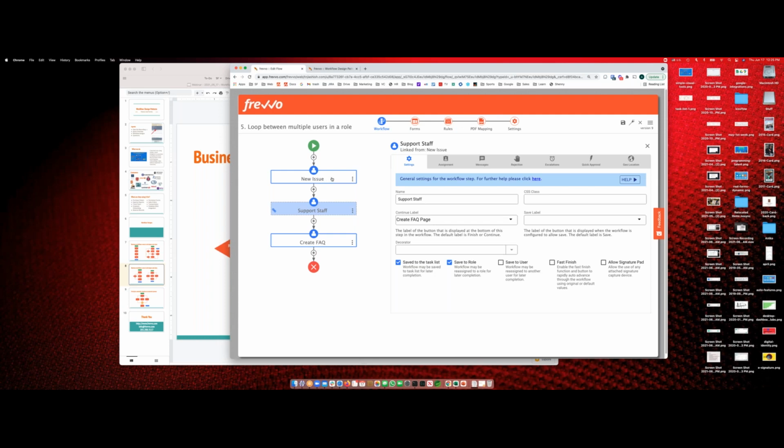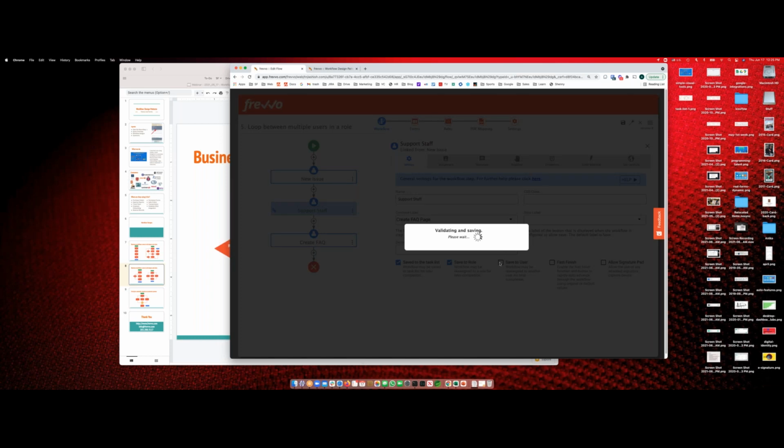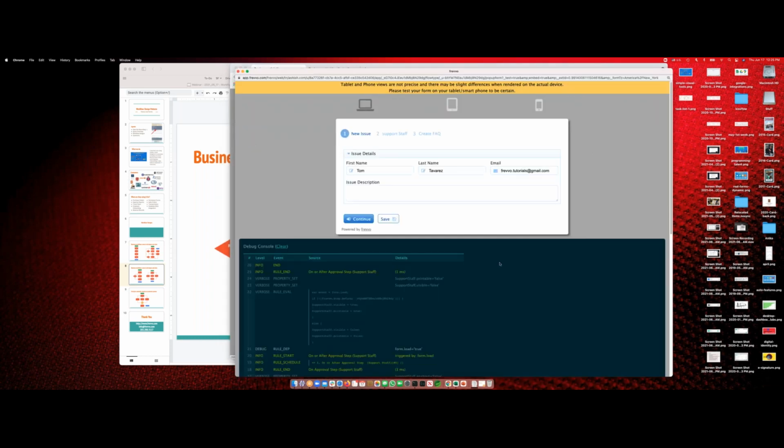I'm going to start a new issue. It's going to go to the support staff. And once it goes to the support staff, I can basically, we'll run it and try it out. What I can do is I can click that save button as the first support. I can add a comment, for example, say whatever, I took XYZ action, but the issue is not yet resolved. So I'm going to click the save button and send it to, keep it in the IT department support staff inbox, basically. So let's say it's,